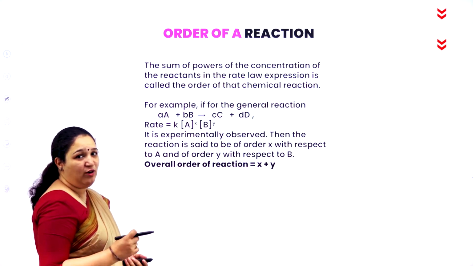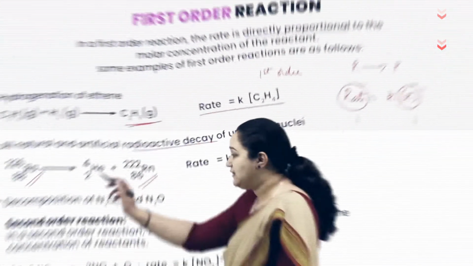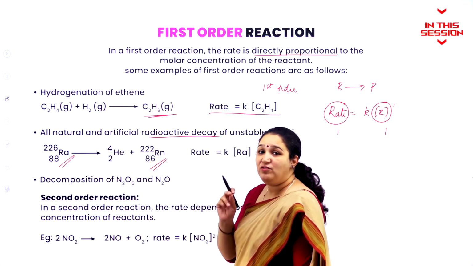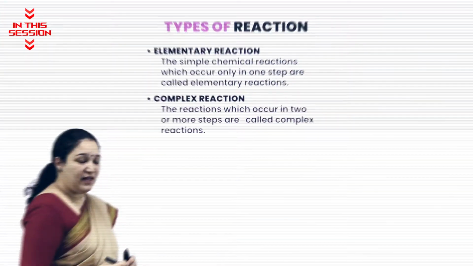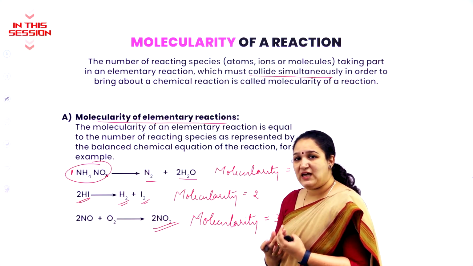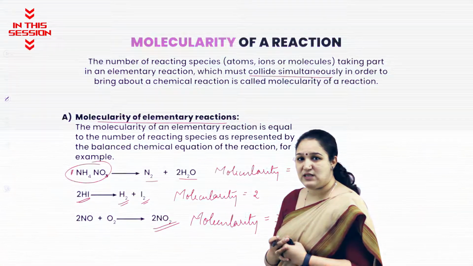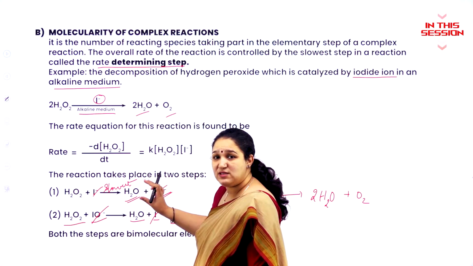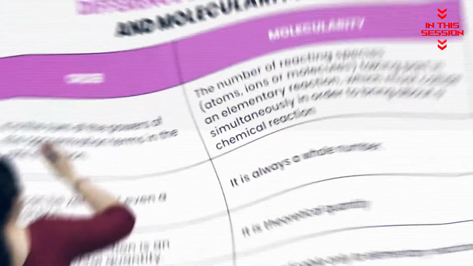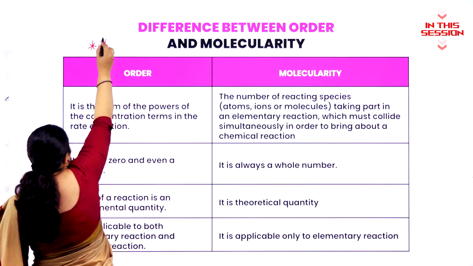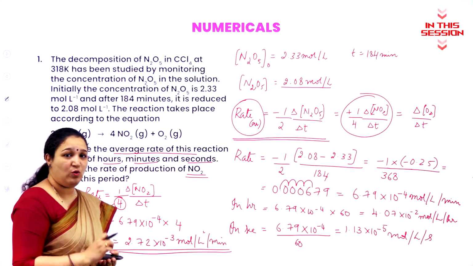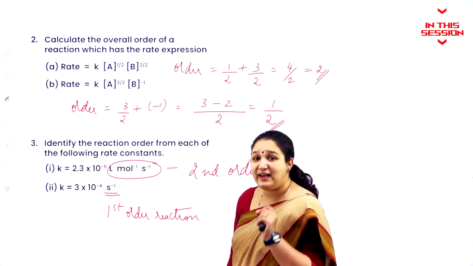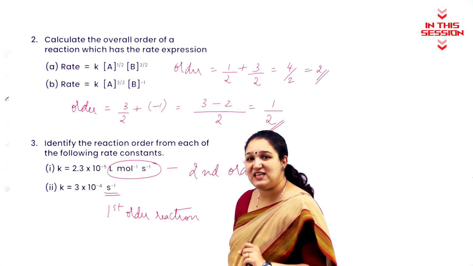Hello my dear students. First we'll see the definition of order of the reaction. This reaction is first order reaction. So how many types of reaction are there? I told you the particles have to come and collide simultaneously. This is the step which actually tells us about the rate of the reaction. This is a really very important question which has been repeatedly asked, and try to solve it on your own. That's why I told you all it is very important and it is quite easy as well.